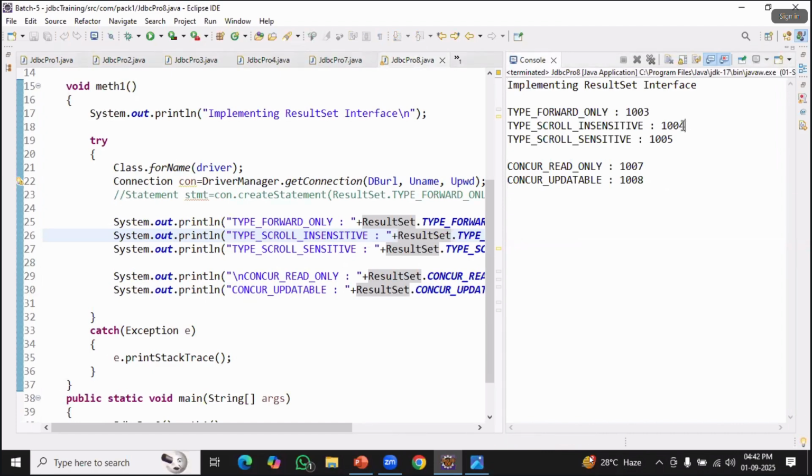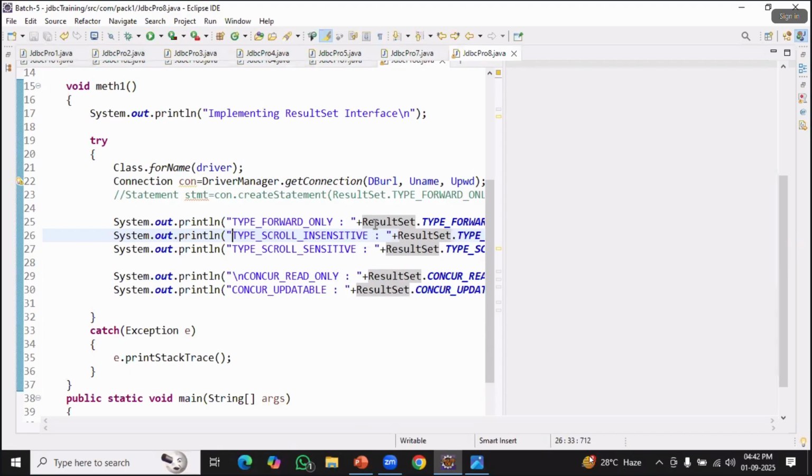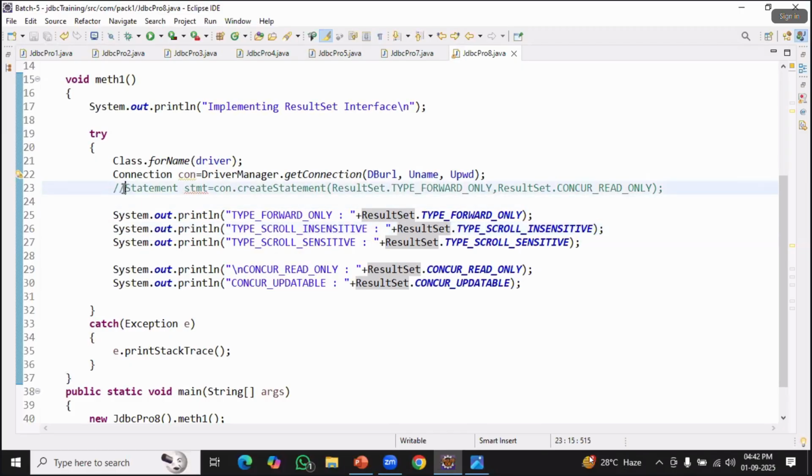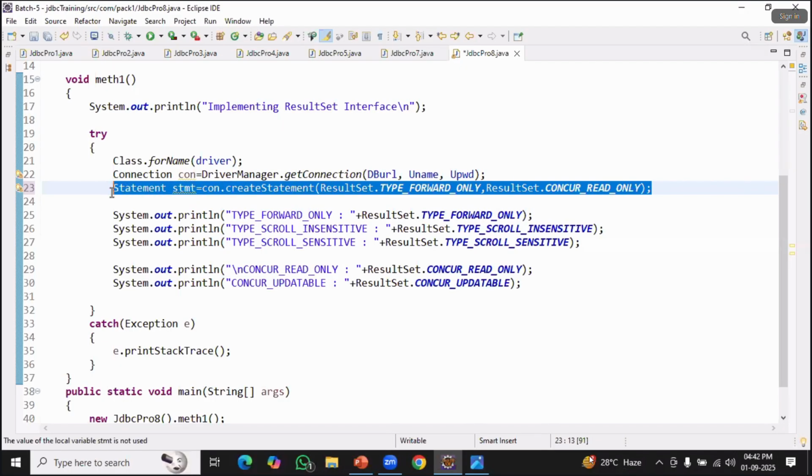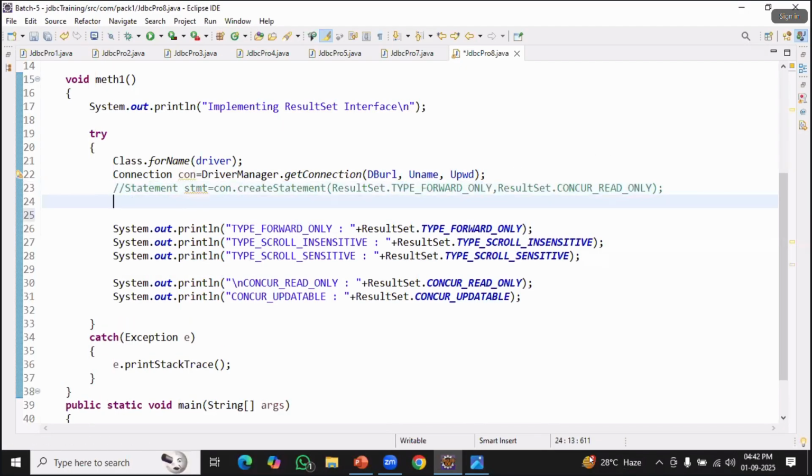1003, 1004, 1005, 1007, 1008. Basically, these are public static final variables. Final means here, what, okay, let me just try to keep it like this. We are trying to create a statement like this. Okay. We can write like this, or in the place of forward only,